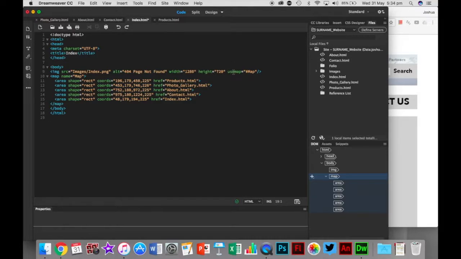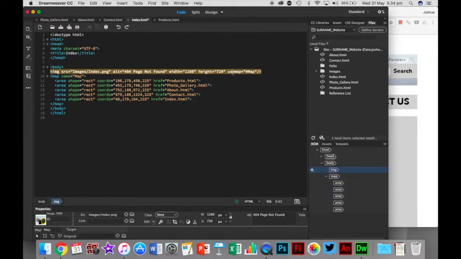You will then see a new part of the code has been entered in line 9 that says, I want this image to also use a map. Which map? Well, the map below. Here it is. For the map, in the area, which is a rectangle shape with the coordinates of 196, 179, 450, 225,